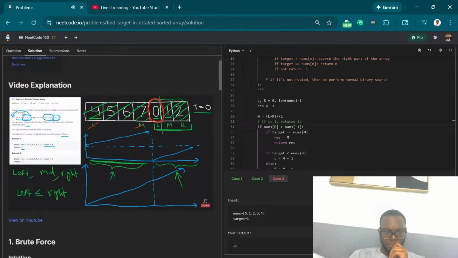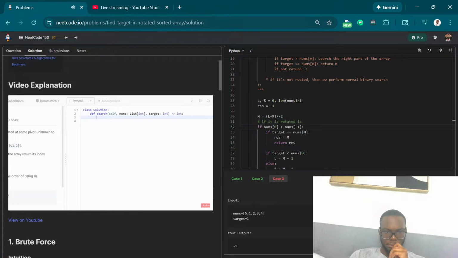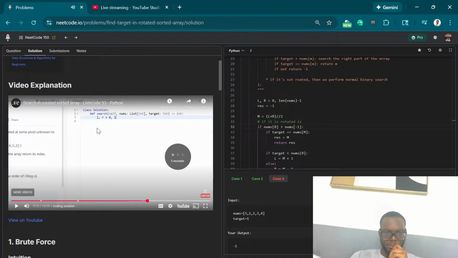Now let's actually look at the code to better understand what these cases are going to look like. Okay, so when you're doing binary search, first thing you do is initialize your pointer. So we have a left and we have a right. Left is going to be 0, right is going to be